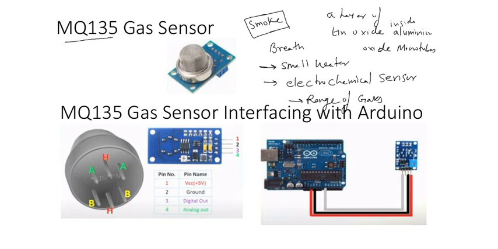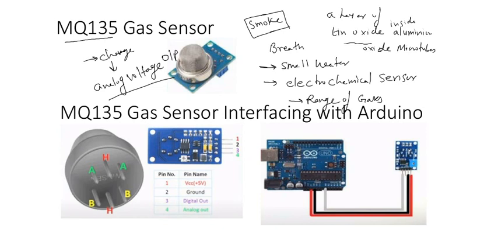Now, any change in the tin oxide can be converted into an analog output. Whenever any change is there, that will be converted to an analog voltage output. Okay, so all these things, like the heater and these microtubes, are packed into a tubular casing, right?